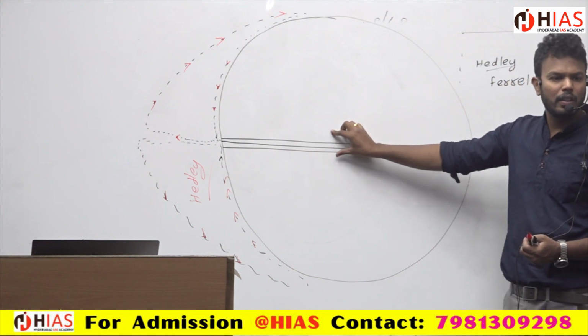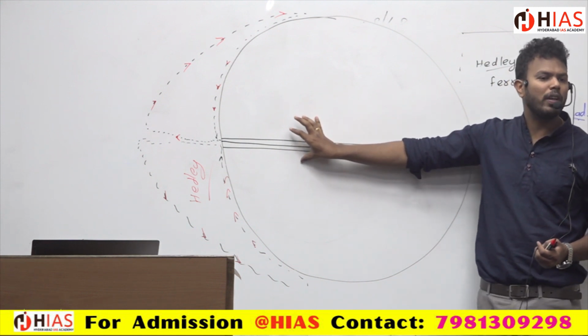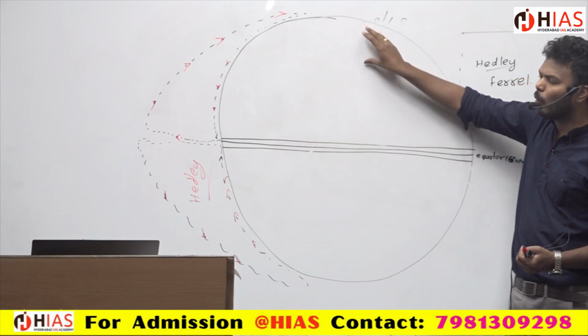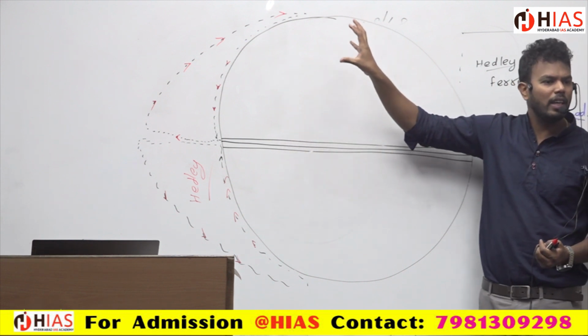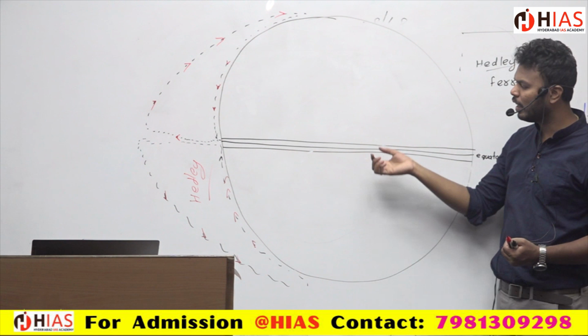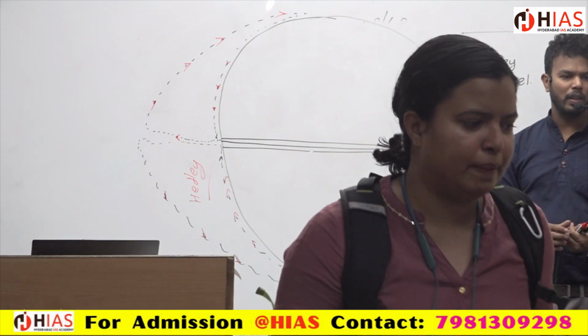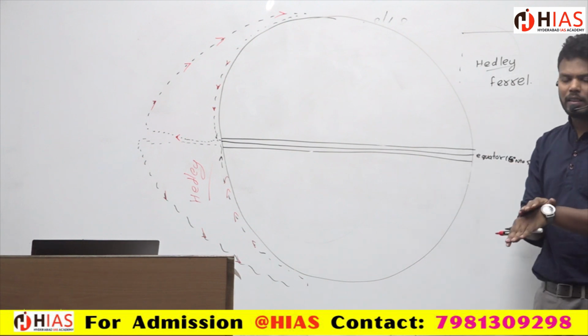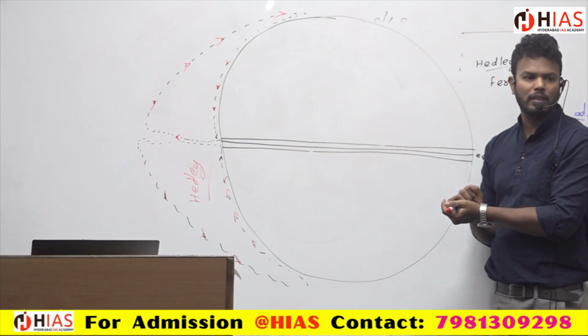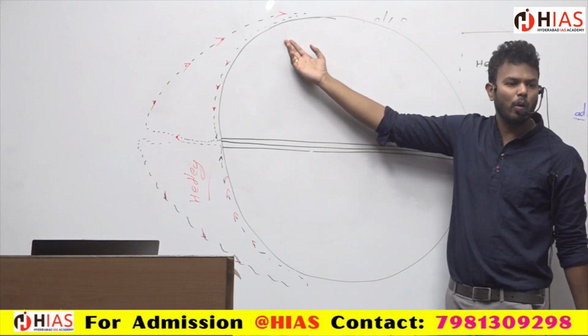In the equator, there is an excess amount of temperature. But at the poles, there is very little temperature. At the equator, more temperature is there. At the poles, less temperature is there. But in order to balance, we do not require more temperature. They do not require more cool temperature.